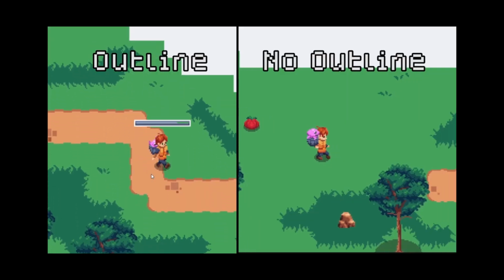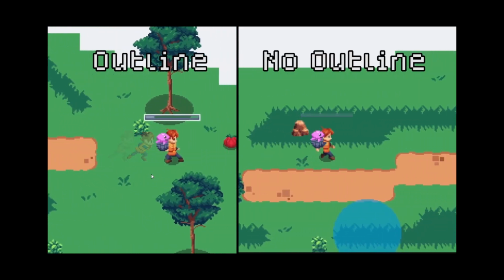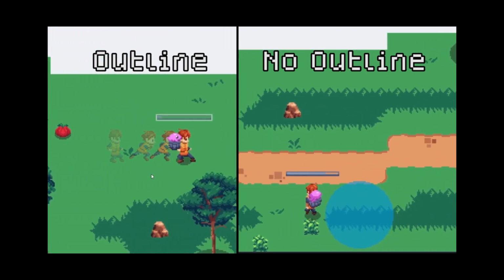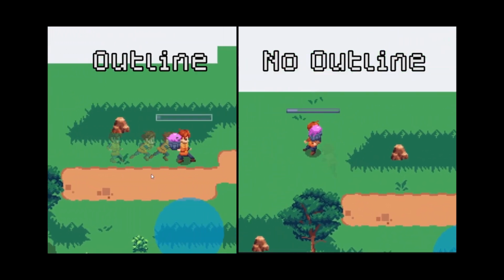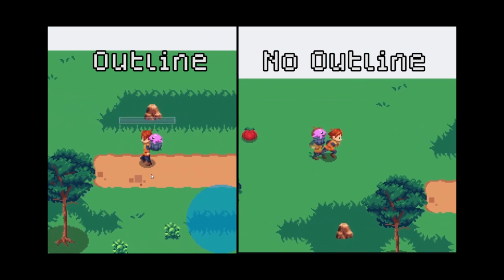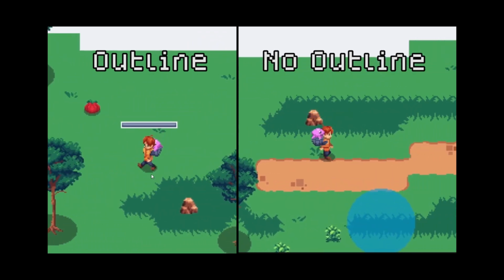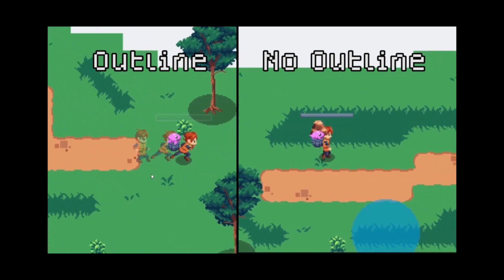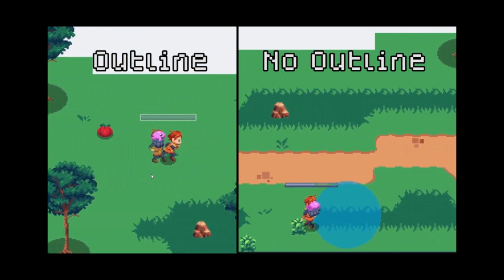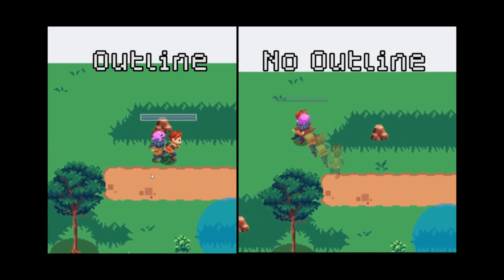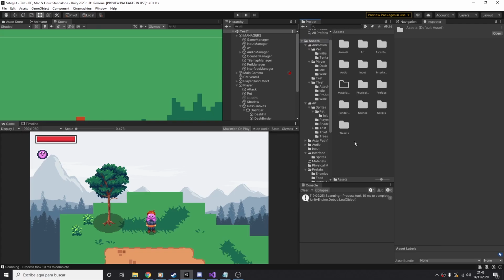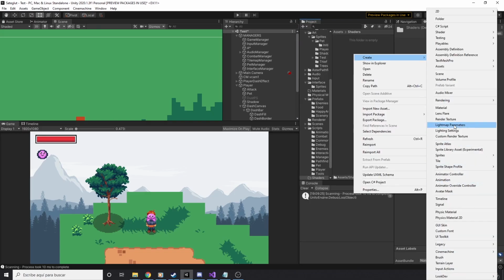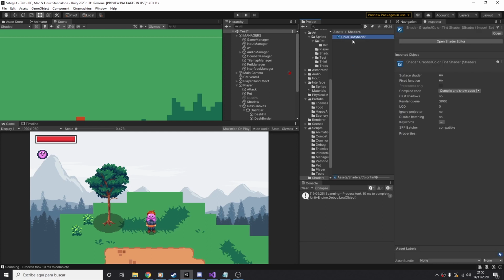Then I asked for the community's help again. I thought that the outline was too much and would be annoying for the player. Some people thought that with outline looked better, others preferred without it. But then someone pointed out that maybe it didn't need a bar at all. The cooldown was short enough to be implied with a small particle effect or audio cue. I decided to go with a small flash in the player's sprite to create this effect.